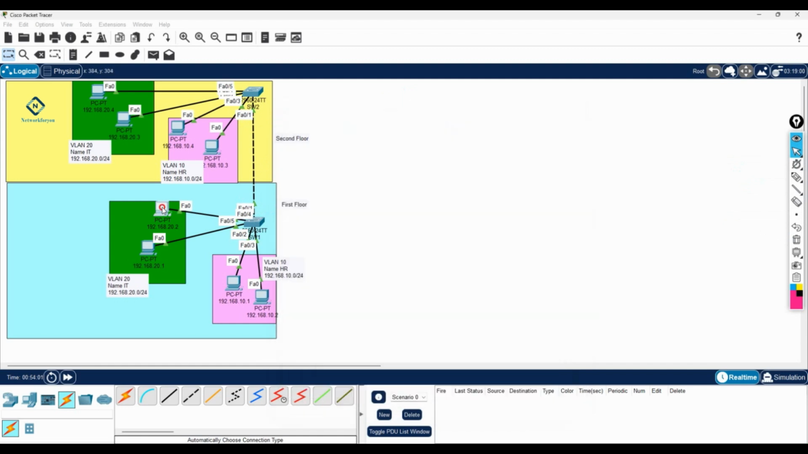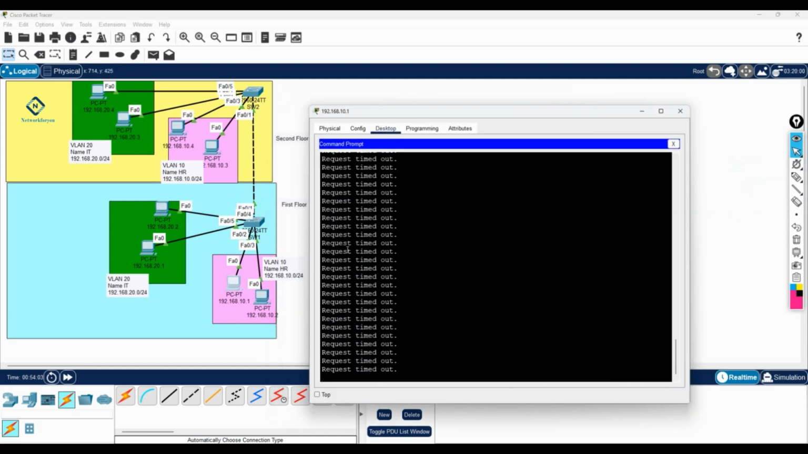Okay, now if you see, VLAN 20 is working, but if you go here, VLAN 10 is not working, and if you go here, this is a